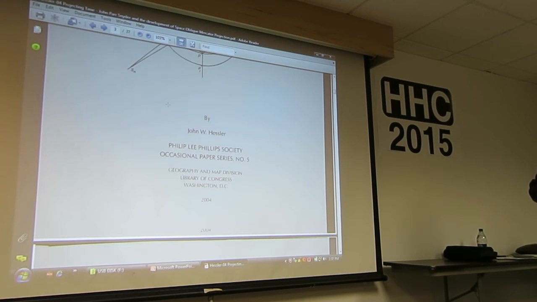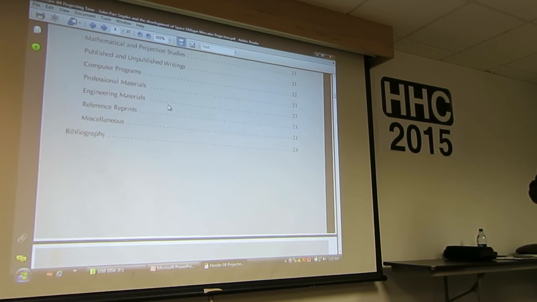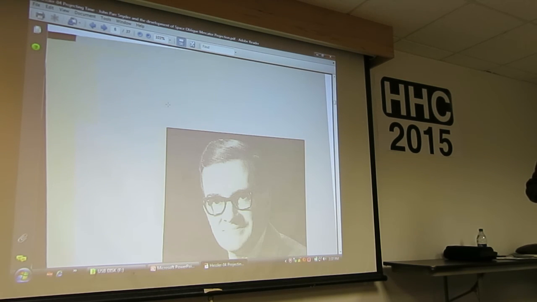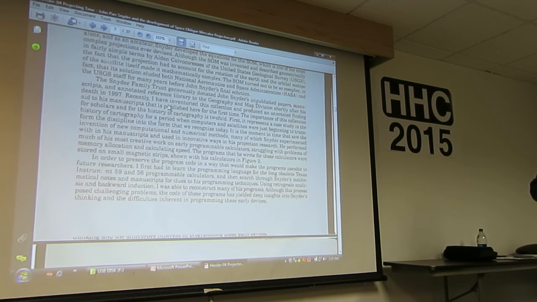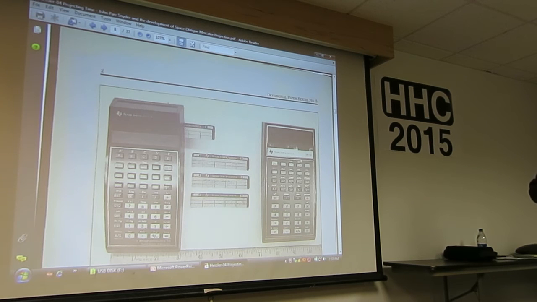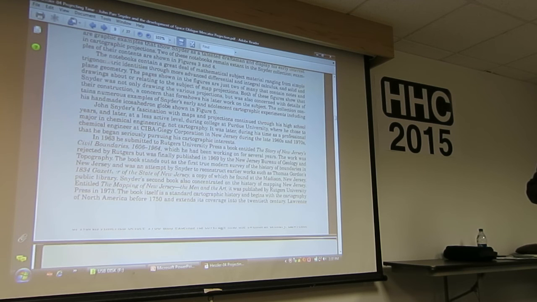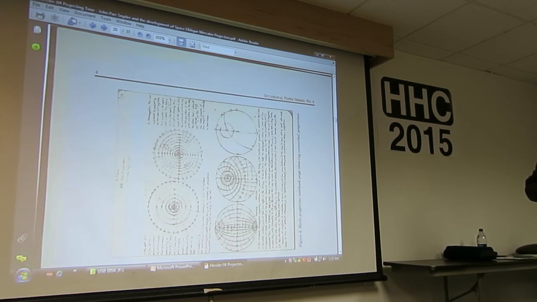Mr. Snyder was a chemical engineer who was fascinated by maps. So this is the man. He changed his career, quit his job, became a cartographer, and became president of the American Cartographic Society. He won every prize and is considered one of the great cartographers of the last century. So he started, and this is a publication I found. This was on the Library of Congress. And one guy actually got these calculators out and recreated it. When he was a school kid, he did map projections.